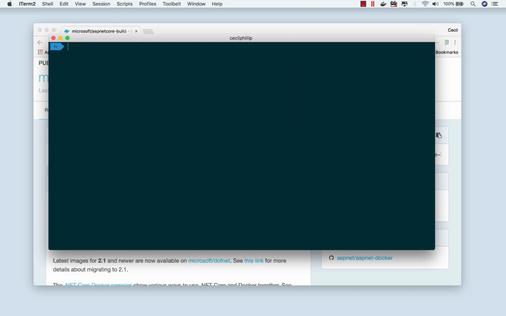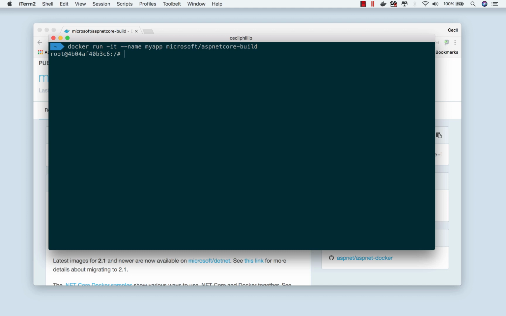Now I'm going to execute another Docker command to run that image. So I'm going to type docker run, and this is going to signal to the Docker client that I actually want to run this image in a container. I'm going to type -it. That's going to specify that I want to engage with the container using an interactive terminal. I'm going to give my image a name. I'm going to just call this my app. And the last thing we need to do is specify the name of the image we want to use to create this container. In no time at all, our container has been started